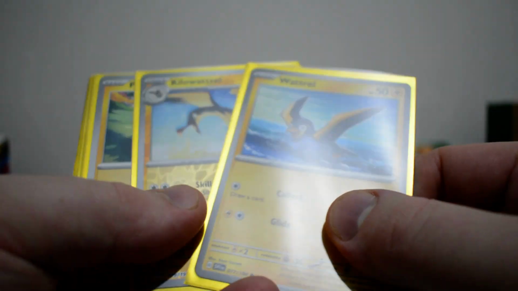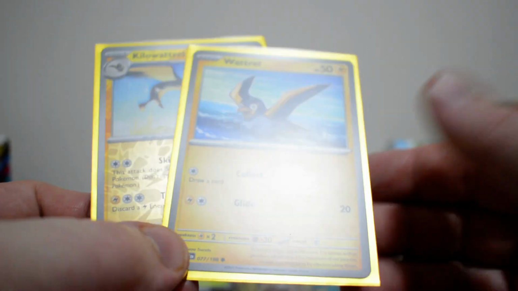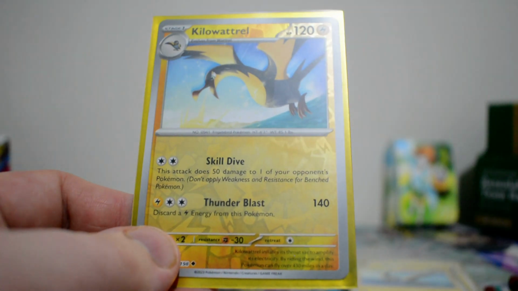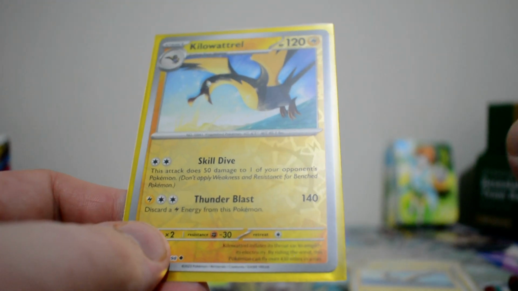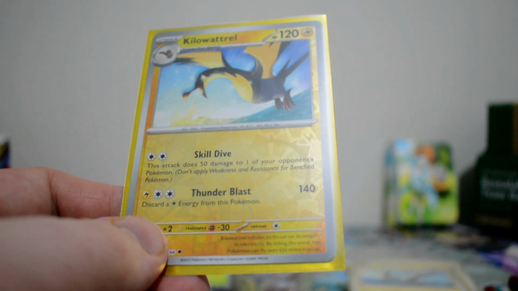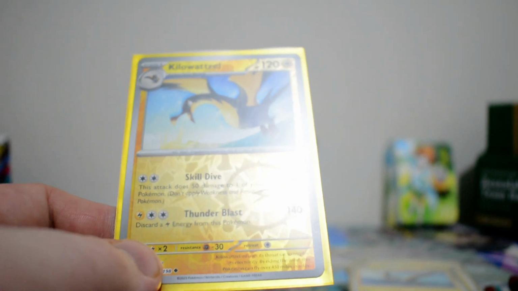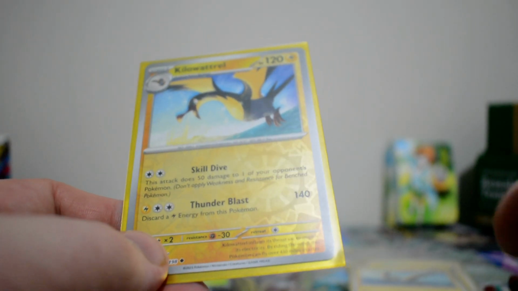So an interesting pair is the Wattrel and Kilowattrel. Nothing really to say about Wattrel, but the Kilowattrel, once you evolve it up, you do have that Skill Dive ability attack. 50 damage to one of your opponent's bench Pokemon. Or sorry, one of your opponent's Pokemon. Not bench. But I used it as bench snipe. Did work really well. And if your opponent's active is a bit more of a heavy body, the Thunder Blast, 140, discard a Lightning Energy,